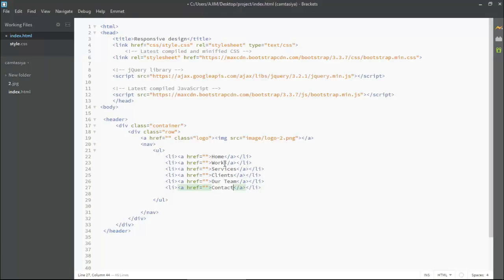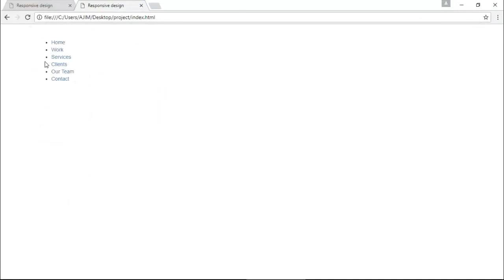Now I am saving it and going back to the browser to show you what we did till now. Okay, so I am coming here and you can see we are getting menus here, but the logo is not visible actually. So we have to make it visible. How? You can see the logo is actually in white color and the background is also in white color. So both are matching, so it is not visible. So don't worry, I will put a background to this navigation. Thereafter everything will be visible.